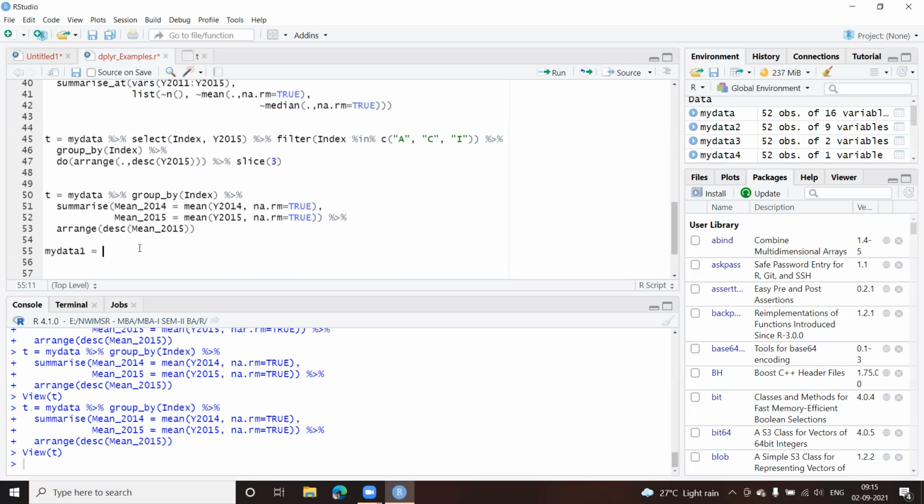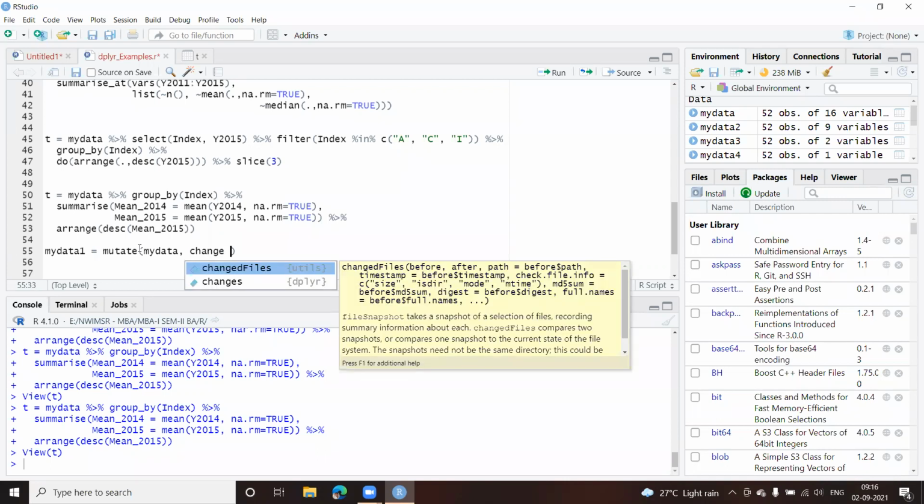Okay, so let me introduce one variable here called change. Okay, and that will help me create a new column for my data frame. So my data frame here is my data, then give a comma, then give the new name of the variable which you want to introduce as a column in your data frame. So I'm going to give this name as change.